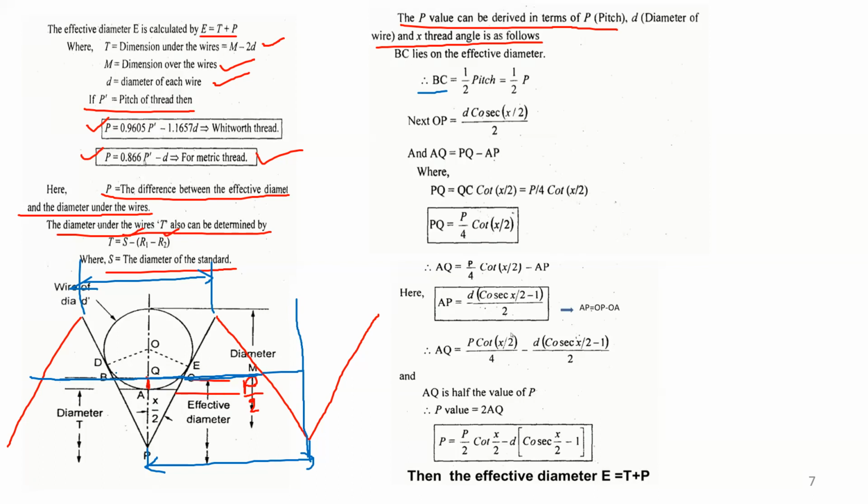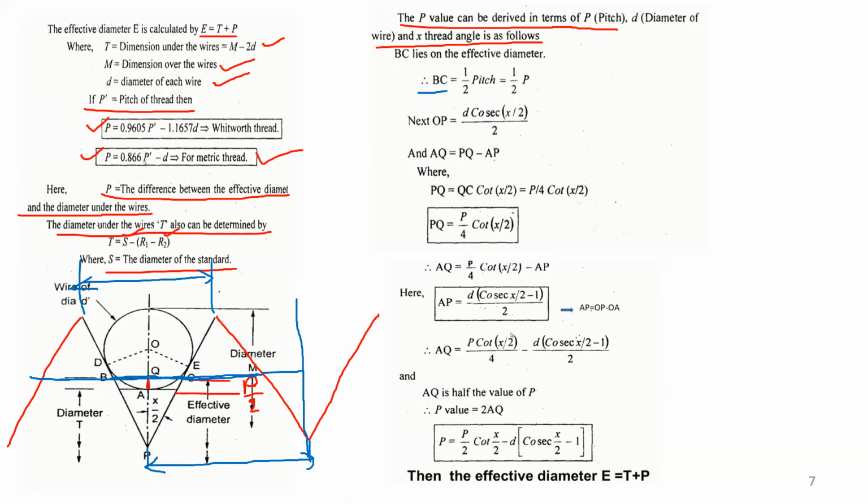What is the distance of the one groove? It is nothing but the pitch by 2, right? This is the half of the groove and this is the half of the groove, that makes one complete groove, and this is the another groove. That means the distance between the two grooves is called the pitch. So here it is the distance of the only one groove. So that is half of the pitch.